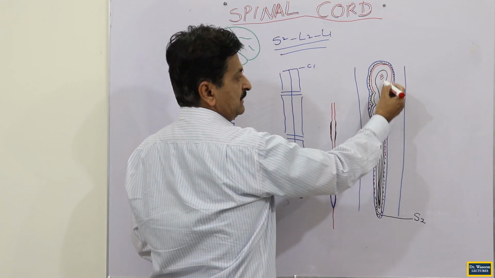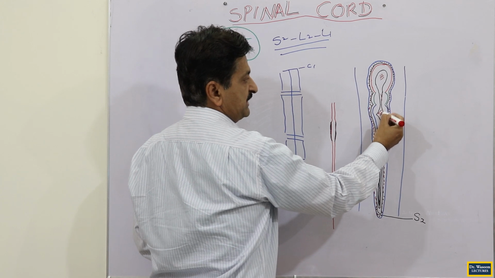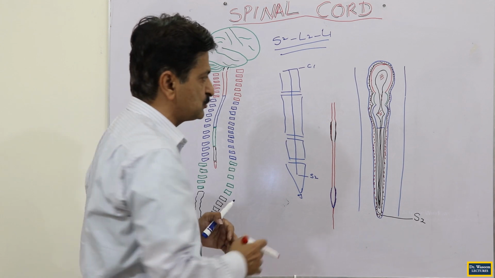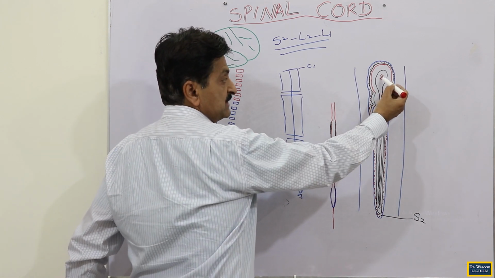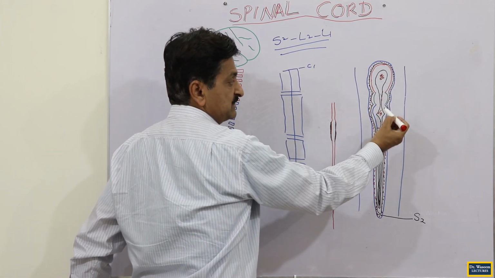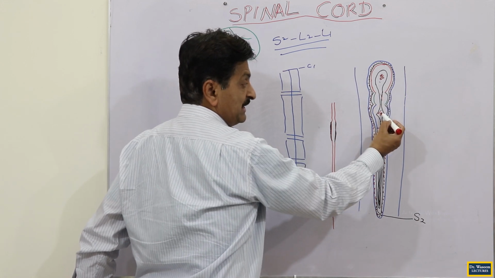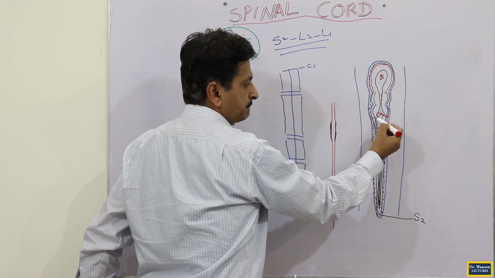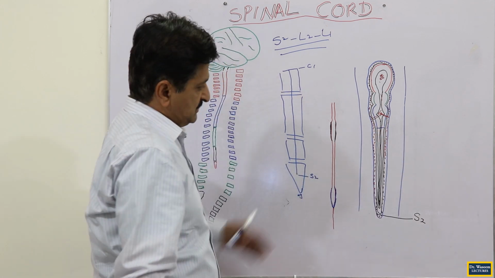This is the ventricle, this is the duct, then this is another ventricle, and there are a few more ventricles that we have discussed previously and will discuss in the future also. But you see, this is the ventricle from where the cerebrospinal fluid is synthesized. This synthesized fluid will finally drain into the subarachnoid space. We will tell you how this comes. And this is the cerebrospinal fluid.